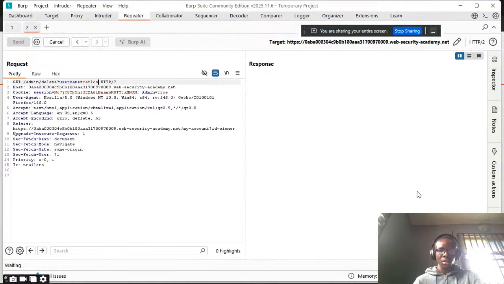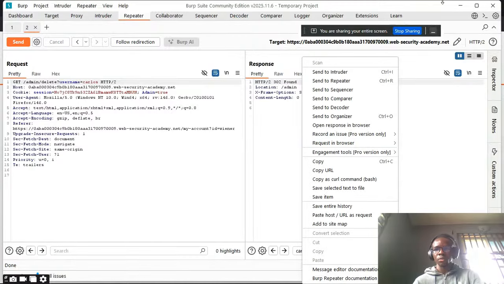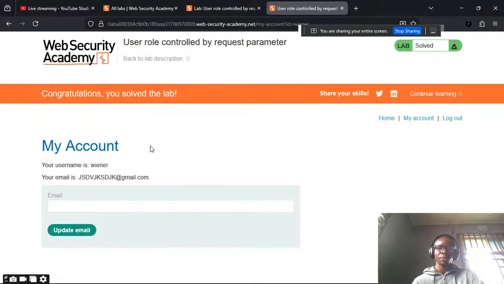Now, I'm trying deleting this now, and it has been deleted. So obviously, I've even solved the lab without even going to it. Now that's just one aspect. So one thing about this is that as you test everything, as you see everything, you try to get